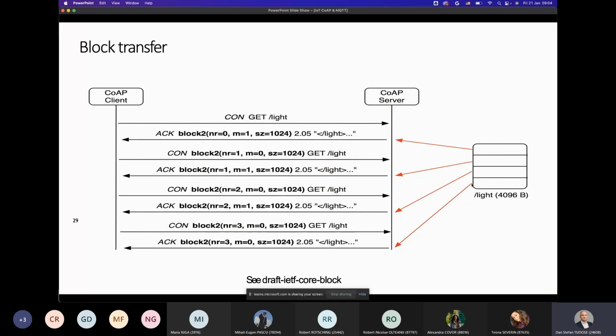So you split it, you send it to the client, and the client assembles the original 4K message. So you can send files that are big in size, let's say kilobytes in size, through the network through this block transfer scheme.